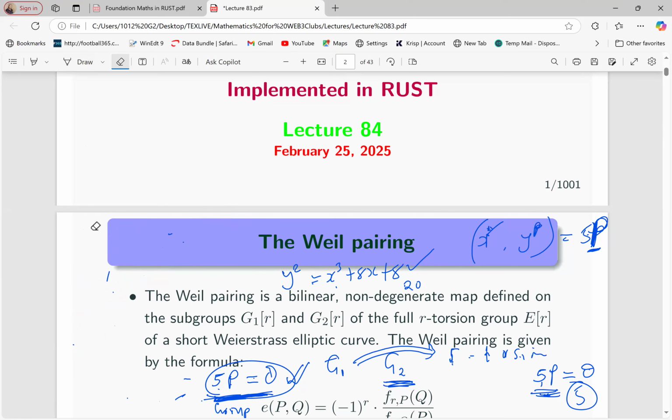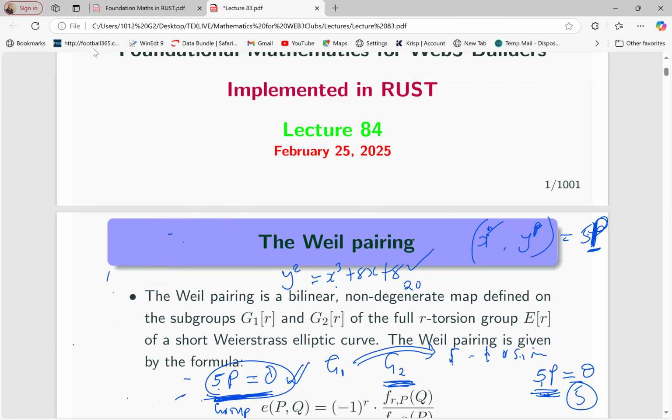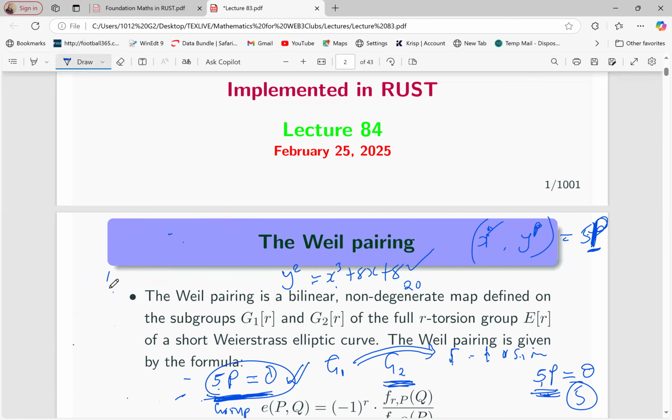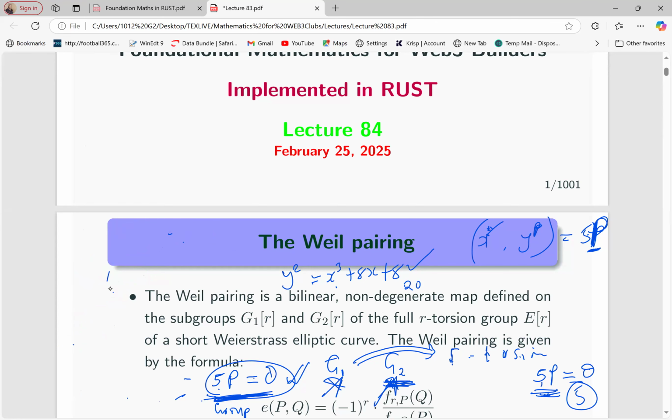Pairing says that you pick two points. Pick one point from group 1, pick another point from group 2. Coincidentally, some of the points in group 1 and group 2 will be the same. But we're just saying pick one point from this group and another point from this group, and then the pairing will be the map